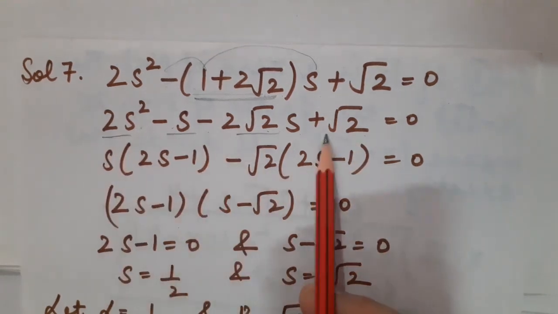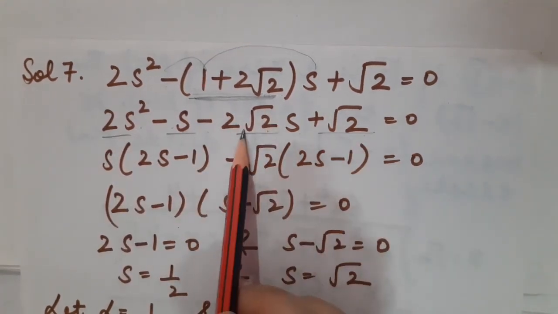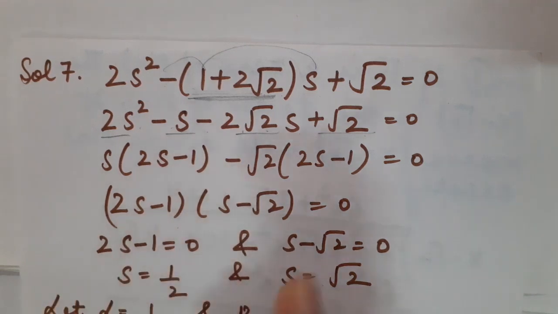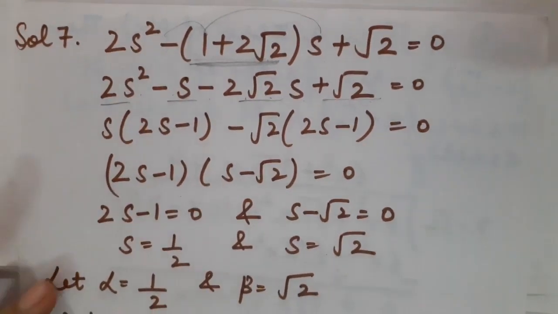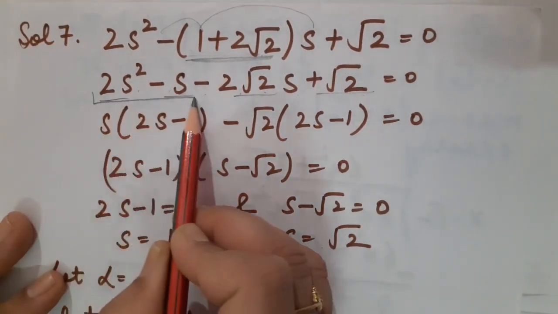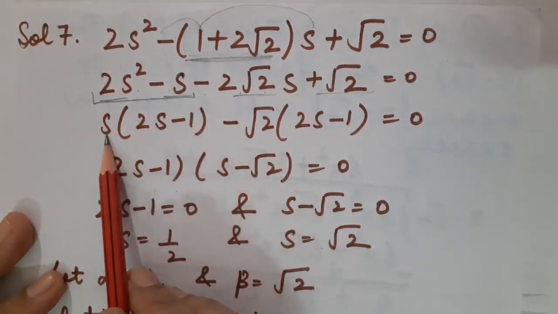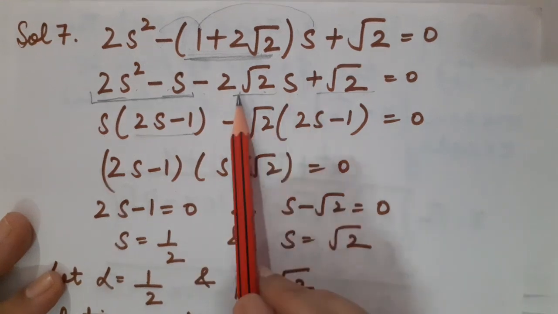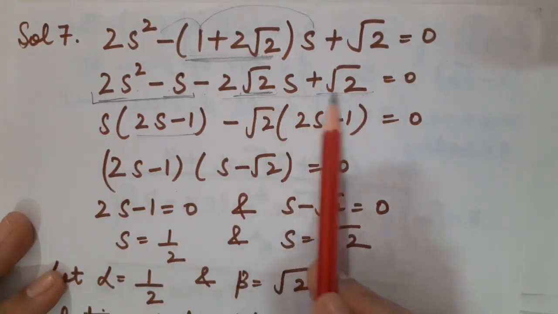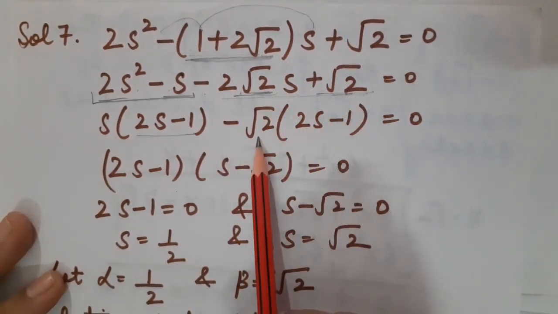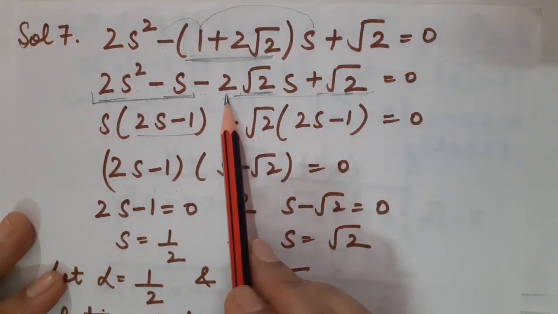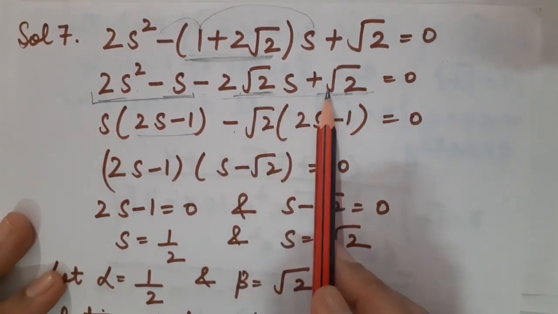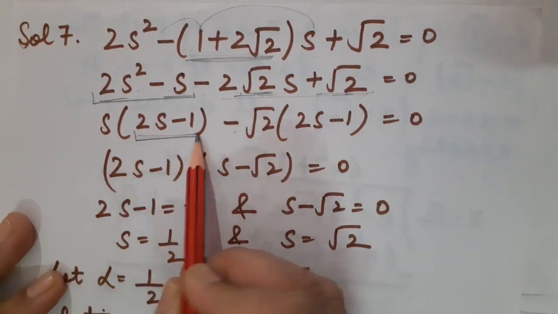See, this is already split. The middle term is already split. We had the ready-made solution basically given in this question. Fine. Now what is to be done? From these two terms I can take s as common. So inside the bracket I have got 2s minus 1. From here, just to see, children, what can I take as common? I can take root 2 as common with minus sign. So inside it would be left, that is 2s minus 1. This is 2s minus 1.